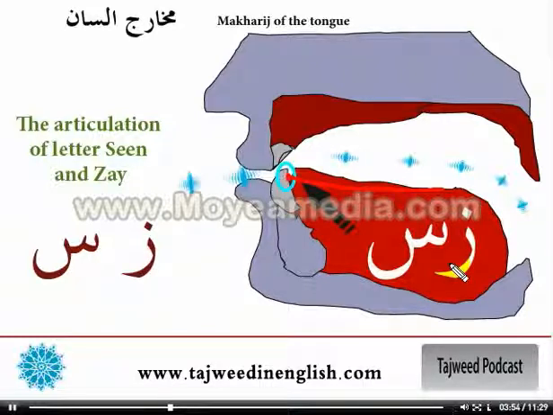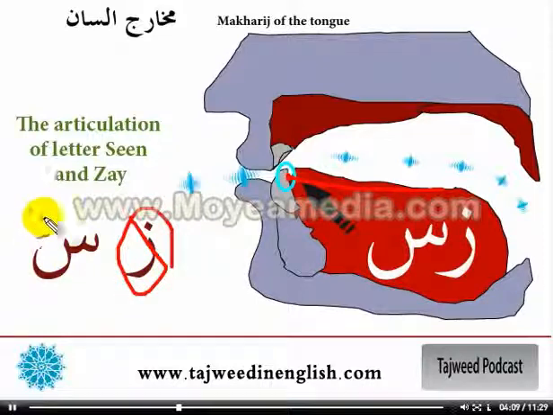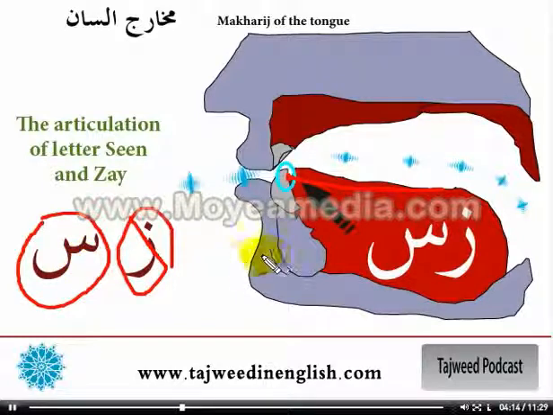All these technical words of hams and attributes and sifat, we're going to see later on when we finish with the makharij. So we are talking about the difference between the harf zay and harf sin: one has jahr and one has hams. The letters of the hams, فَحَثَّهُ شَخْصٌ سَكَتْ, have the flowing of the air. So the air will flow more than with the letter zain or zay. The letter zay does not have the flowing of the air, but the sound within itself sounds that letter as.